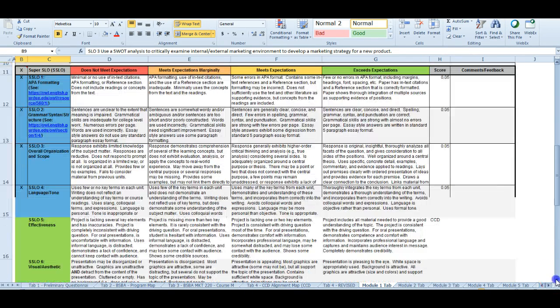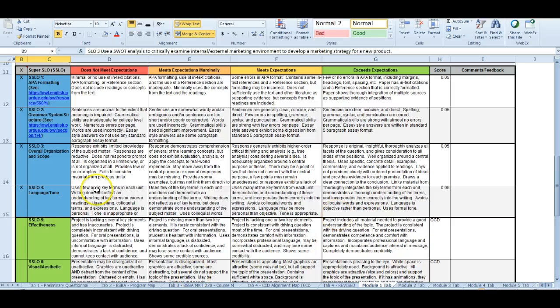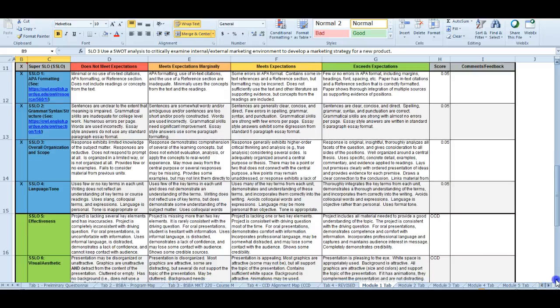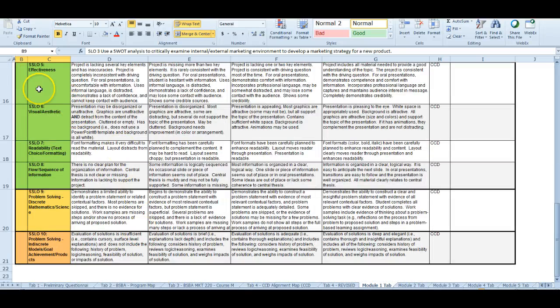I also want to talk a little bit about the super SLOs. This is the P2DK, so this is where the super SLO was selected. In this case, we are measuring writing, and the color coding here goes directly back to the writing ICC. We could have, if this were measuring oral or if it were measuring problem solving, I would have selected other super SLOs. We now have them for the oral and presentation components. We also have one for discrete problem solving and one for indiscrete problem solving. This is up to the instructor, the SME who's developing the course, to figure out which one is the appropriate